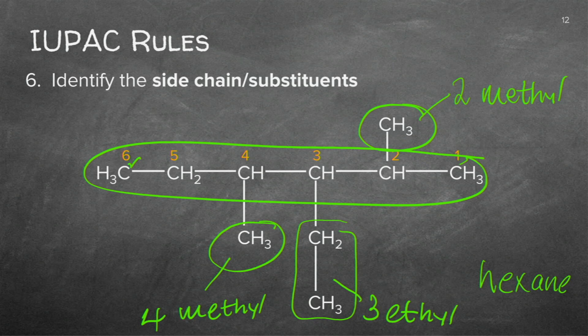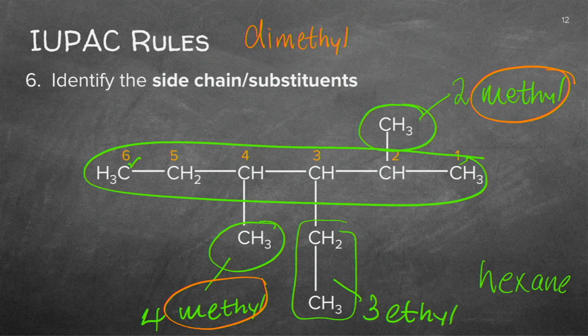Now we've got to name this substance. Let's have a look. If I've got 2 methyls, I'm going to name it dimethyl. Let's say we had 3, then it would have been trimethyl. And if it was 4, and you'll almost never get that, it would have been tetramethyl. So you need to consolidate all the methyls, all the ethyls, whatever you have, and put that di or tri or tetra in front of that.